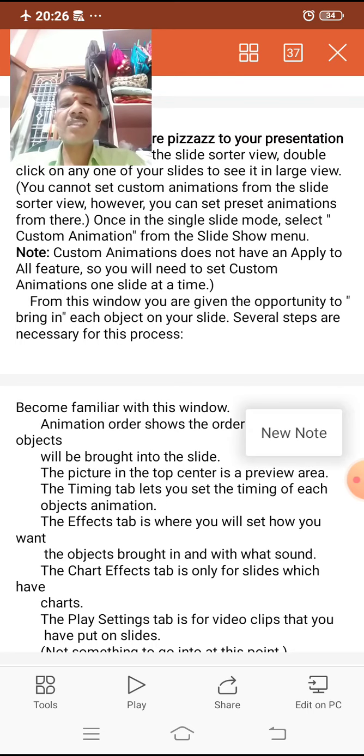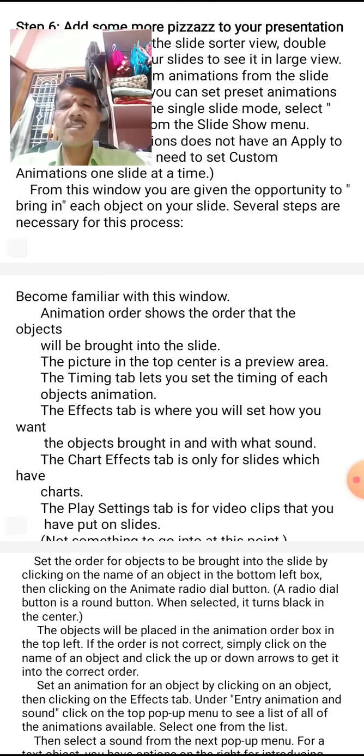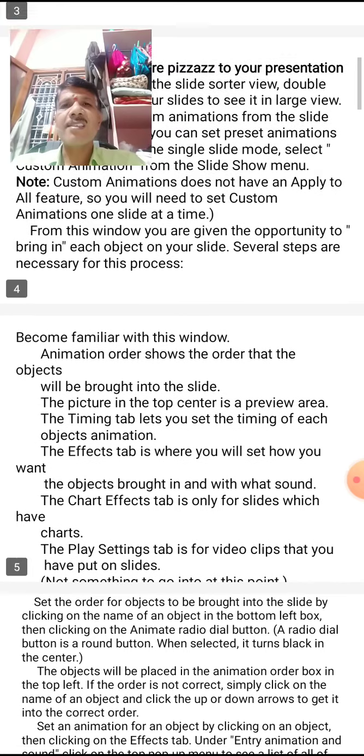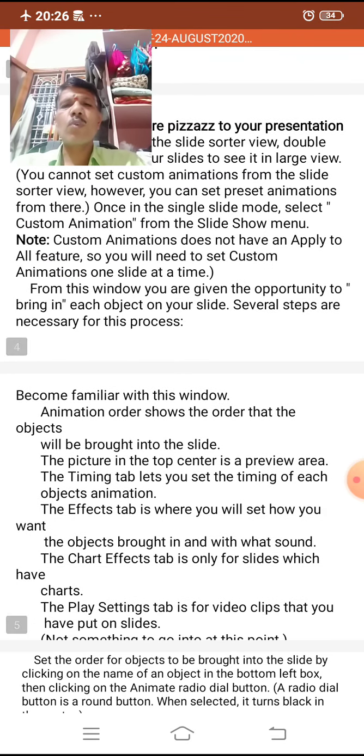The chart effect tab is only for slides which have charts. The play settings tab is for video clips that you have put on slides. So very simple.